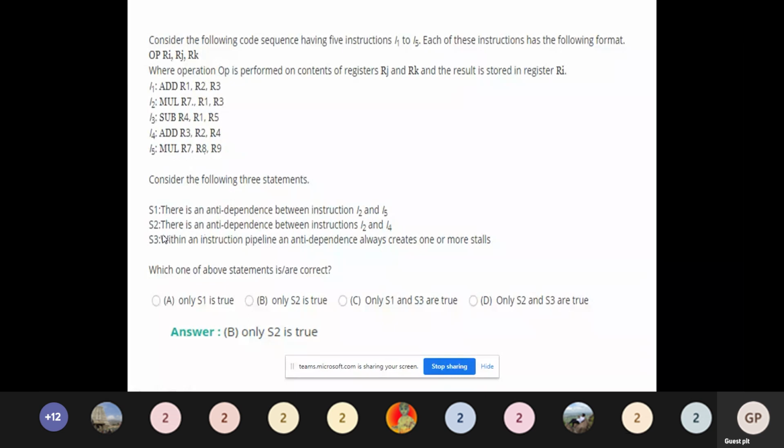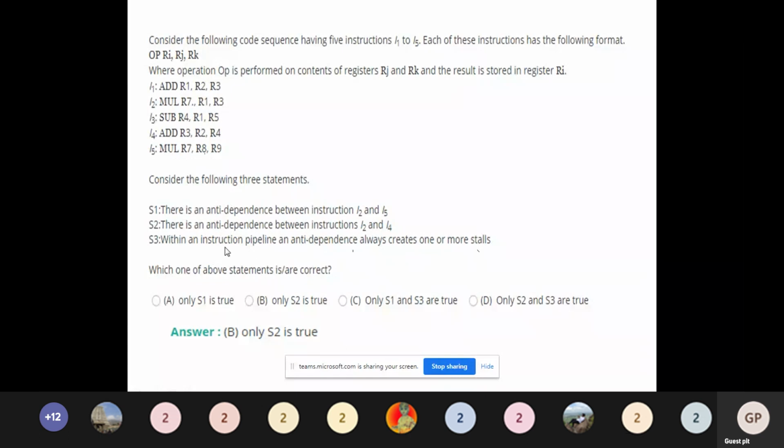Second statement: there is an anti-dependence between instructions I2 and I4. Third statement: within an instruction pipeline, an anti-dependence always creates one or more stalls. Now we are supposed to find which one of the above statements is correct.